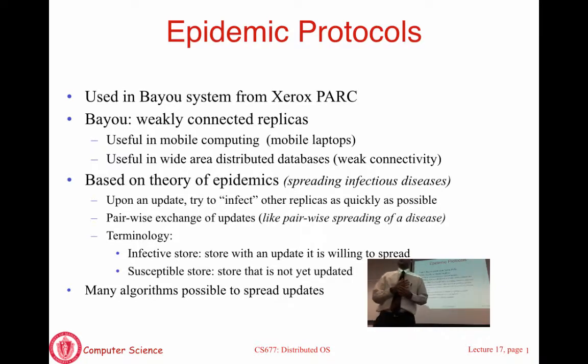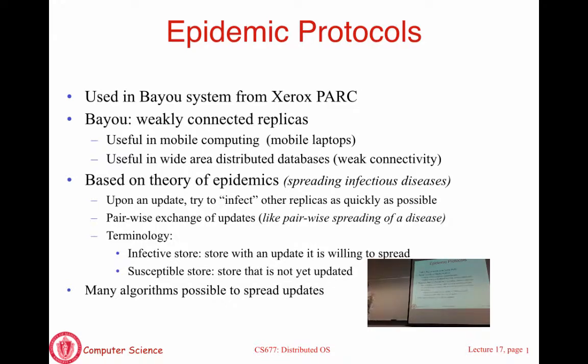And I was talking about this notion of epidemic protocols, if you remember at the very end. Epidemic protocols are basically based on the theory of how epidemics or diseases spread among humans or animals. They spread through pairwise contact. Suppose you're sick, you go and have some interaction with a friend, you shake their hands or whatever. If it's an infectious disease, then it goes over there. When you come into close contact with someone else, you spread the disease. Now two people are infected and they can go infect more people, and you'll essentially start spreading the disease to a group of people.